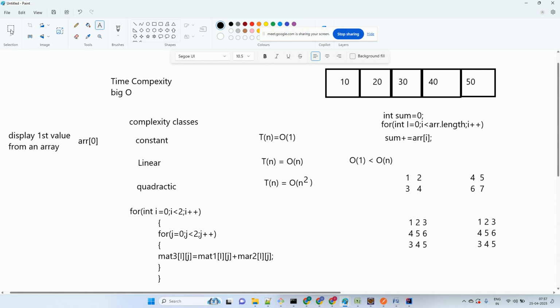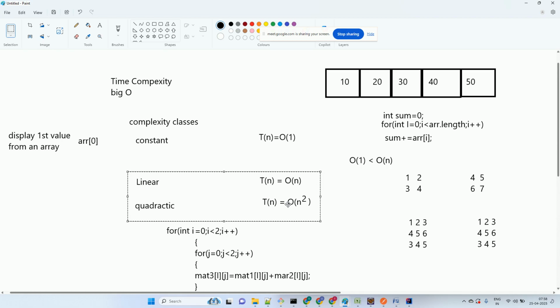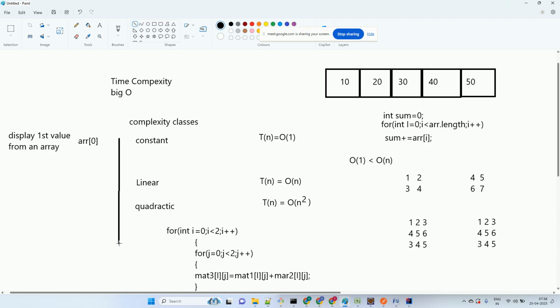Okay, we missed one complexity class that is very widely used, logarithmic time complexity, and that will come between the constant and the linear. So as I'm going down, the speed is getting slower. This is the fastest, then slower, slower, and as I go down, it will become further slow. So between your constant and linear, there is one very famous, very widely used time complexity called logarithmic time